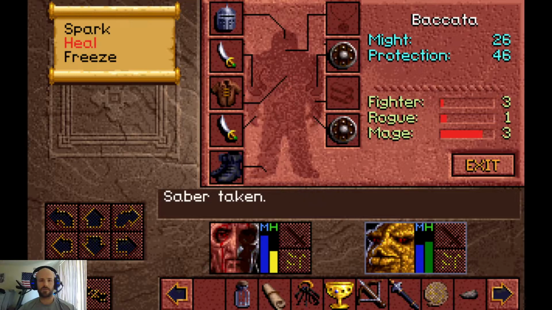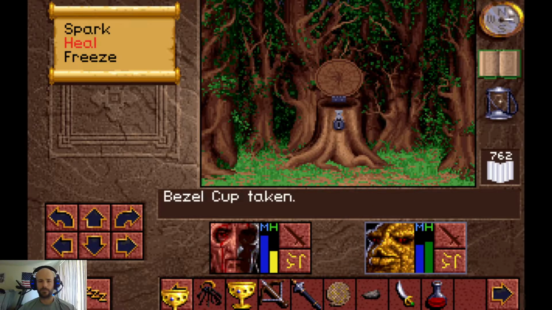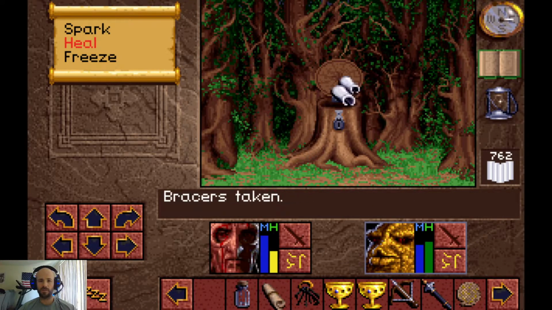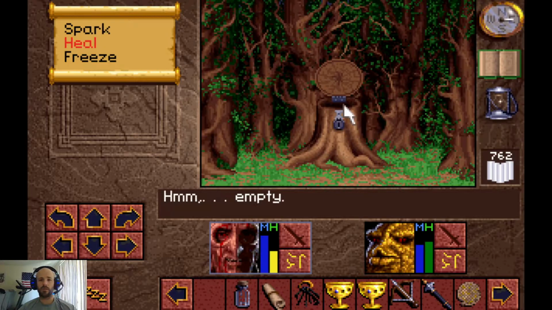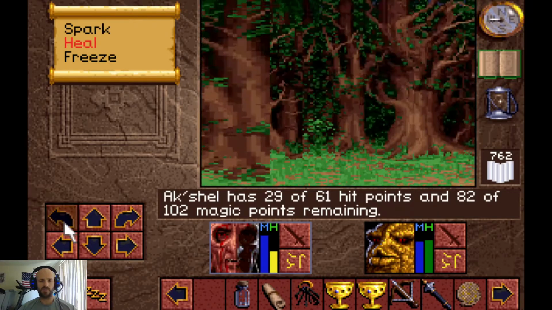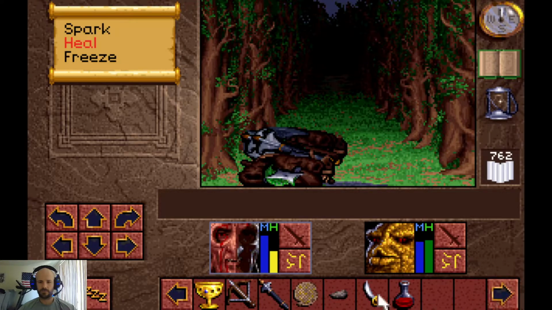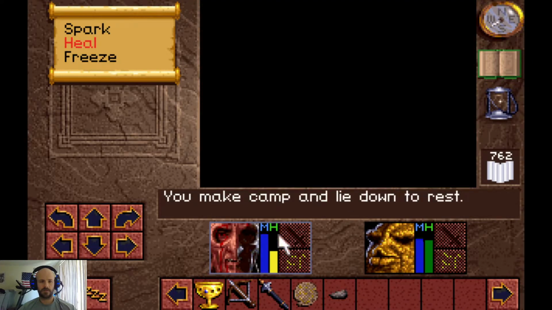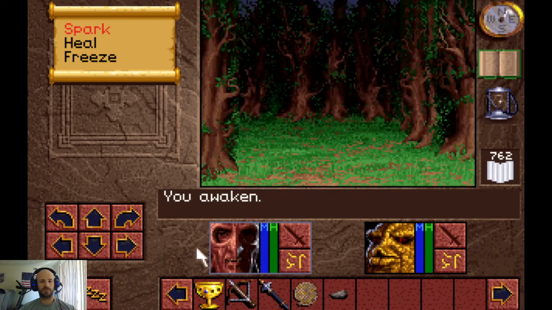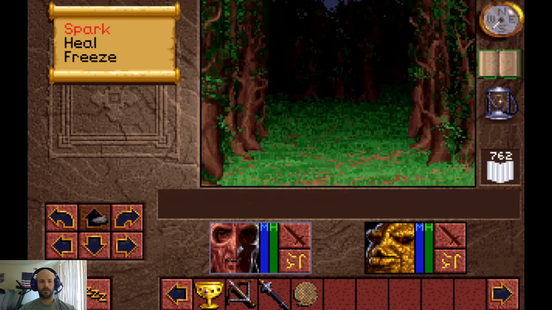So yeah, switch out our standard saber for Gutter there. This Bezel cup we actually will hold on to. Bracers we will wear. Empty. And I forgot to check what his max hit points were before he leveled up, but up to 61 now, so that's a nice addition. Alright. So, switch over to Spark, get our rock back out,